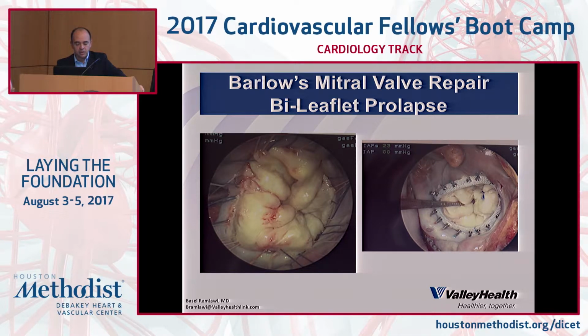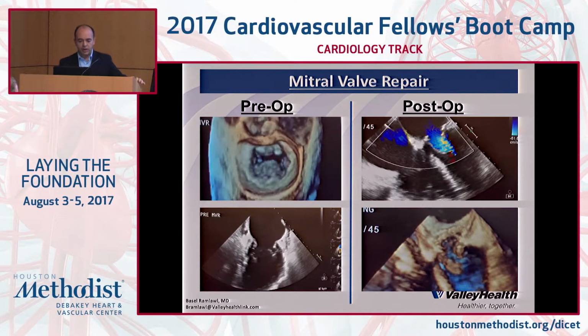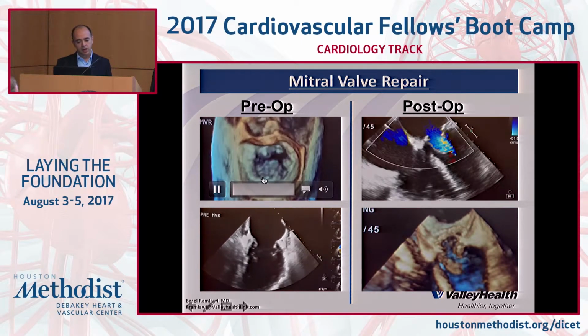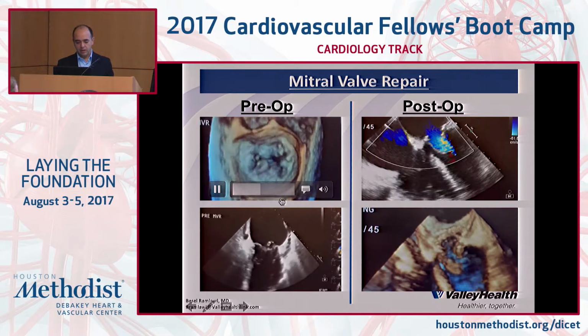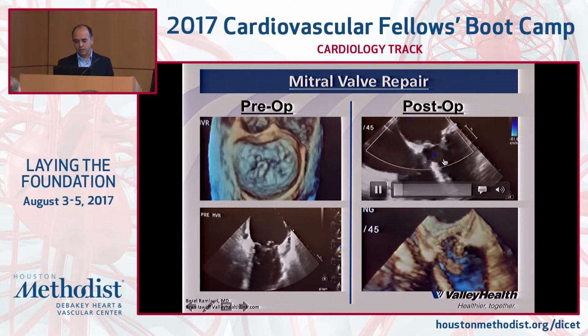This is a Barlow's valve where you have bileaflet prolapse and extensive leaflet prolapse of both with extensive tissue, and that can also be repaired through a combination of one of the two procedures that I mentioned of resection, as well as annular remodeling and new cords. And this is what the echo would look like. This is what you see here preoperatively. You have the posterior leaflet prolapse, and then this is on the 2D, and then you have the final product